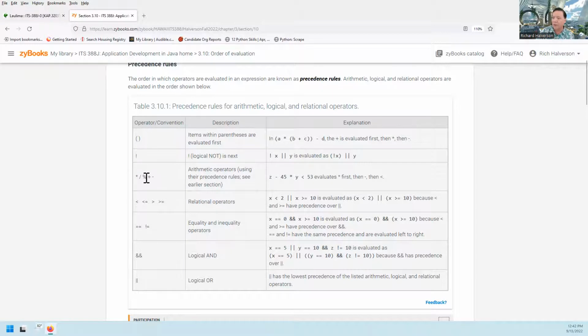So you know the order of precedence for multiplication, division, and modulo is higher priority than plus and minus. If they're in the same expression without any parentheses, it's left to right. These are the relational operators, and they have less priority. So that means if there's something like this and something like this, the evaluation is going to be a true or false, because first it does the